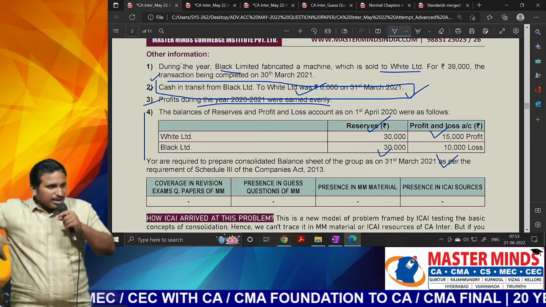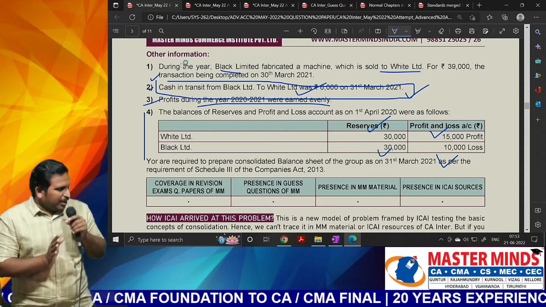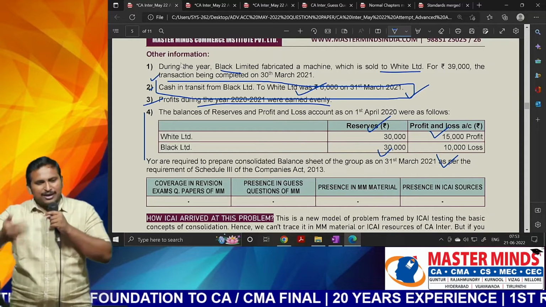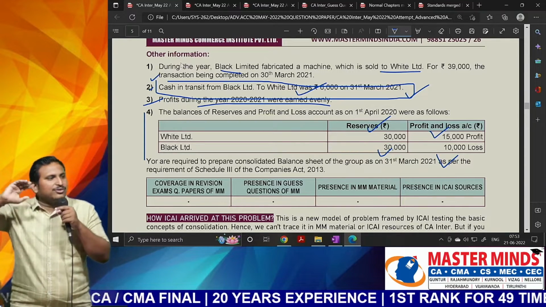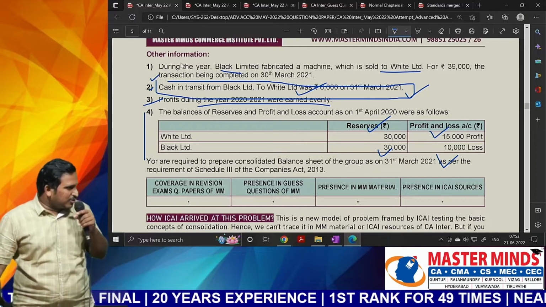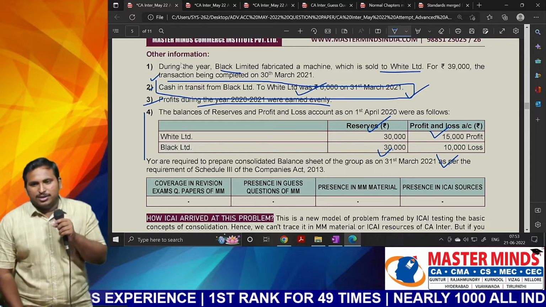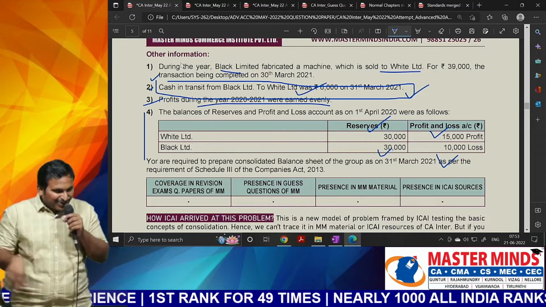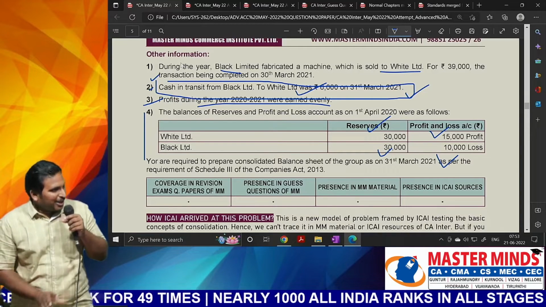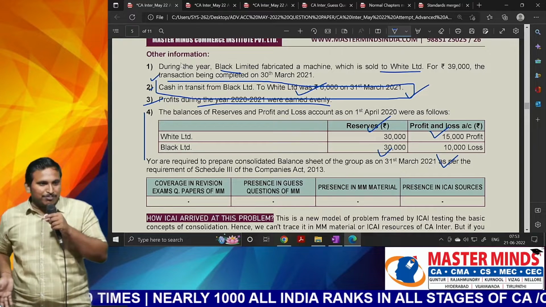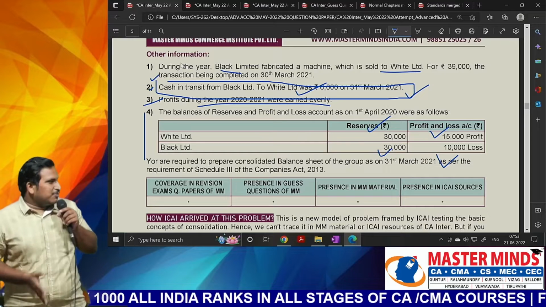Sir, can we cover these points once again? Sir, whatever was there, we are ready to admit that it was not there in our material, and we'll include it in our material. In fact, I have told you, there are some aspects which were there still at CA final level. Consolidation is not a CA inter topic alone, sir. There were many adjustments which were not brought. For our discussion of consolidation, we have taken almost 20 hours, significant time. When they want to cover something new and make it tricky, we can never do anything. To the extent possible, we will try to cover.